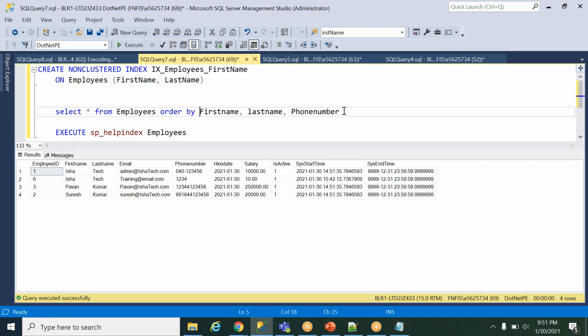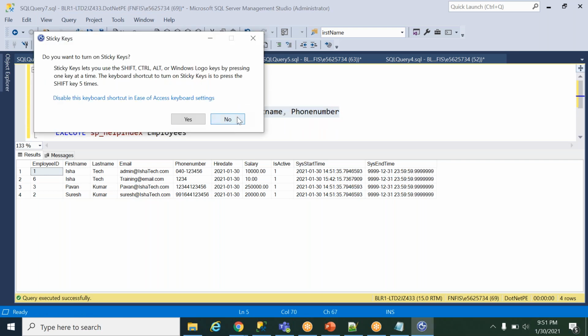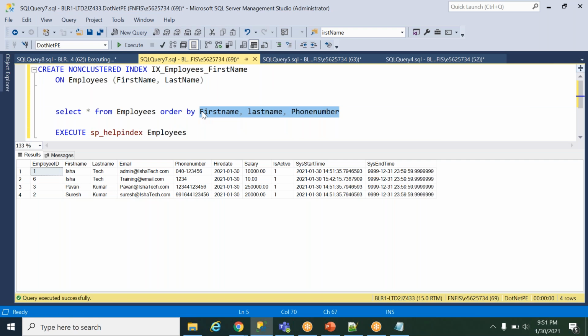Even if I have created one more index in this fashion, it has to keep the data in this particular fashion, so it has to refresh the data, insert the data again, and keep the data in this fashion. So it will be a very slow process. So always think about whether it is really useful before going for index creation, and use it where transactions are not happening much. Got it, or any confusion?